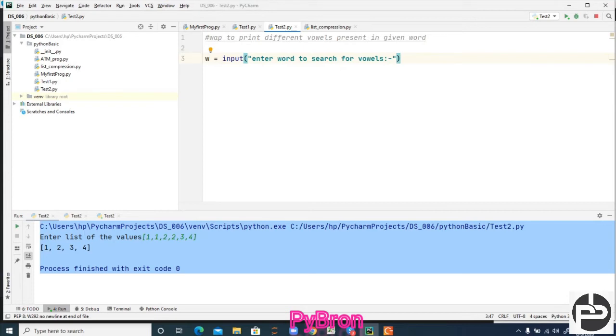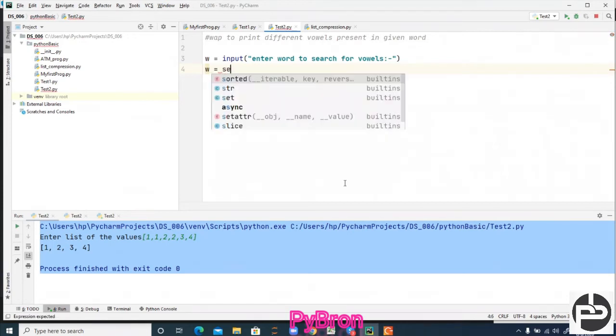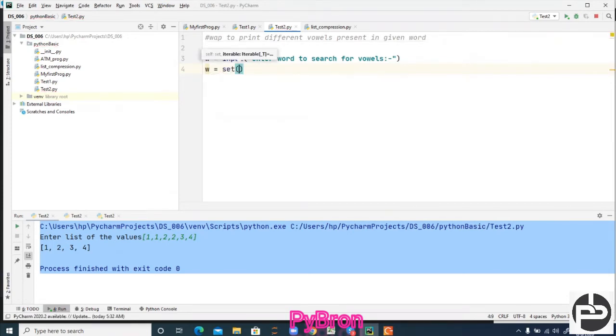Now I'm going to define all vowels here. Try to understand, I'm going to convert this word into a set. Why so? Because in a word some alphabets might repeat, so I have to convert it into a set. Now I'm going to define one vowel variable, v for vowel, and the vowels also I'm going to define inside a set, or tuple, or list, whatever you want. That is up to you. a, e, i, o, u. As I am teaching you sets, I'm defining it inside a set.